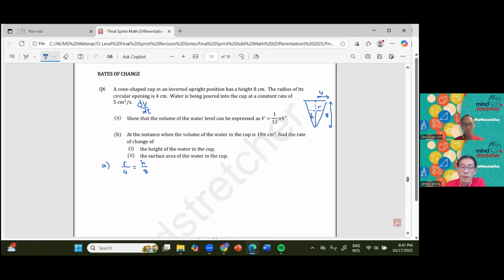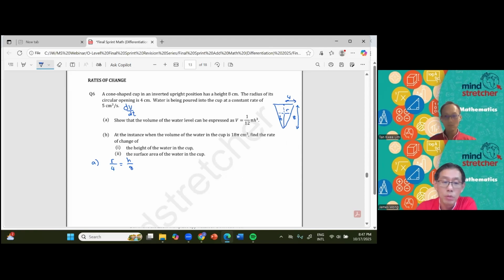Okay, so with that, I will be able to find a relationship between my R and H. So that means I know that my R in this case here will actually be H over 2. Okay, H over 2. Now, why do I want to do that? Okay, because in